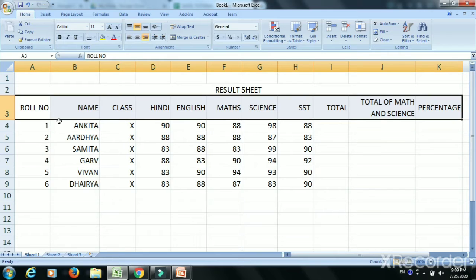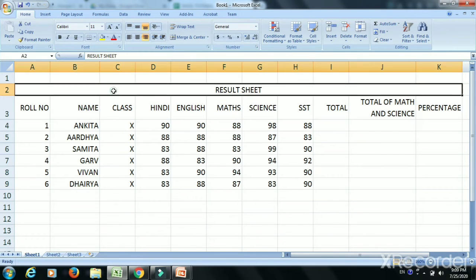So this is very useful, and this wrap text option is also very useful when your column is getting bigger because of the text inside it and you want to make it shorter. To avoid the data being hidden, you can wrap it by using the wrap text option.